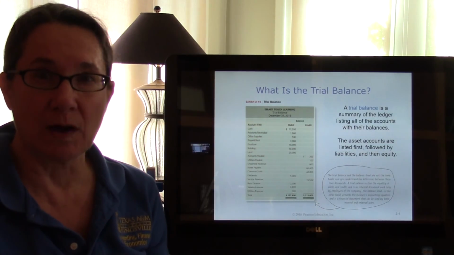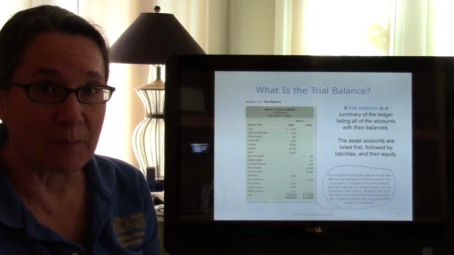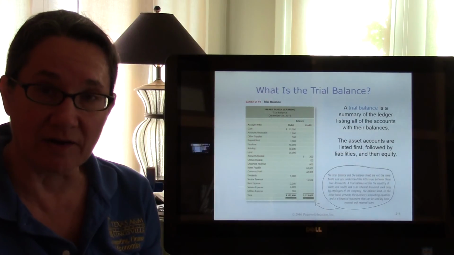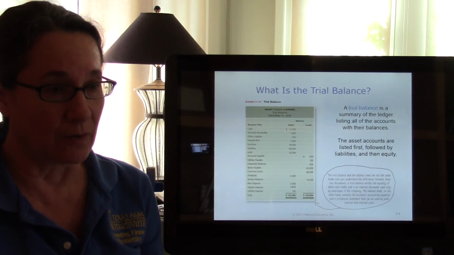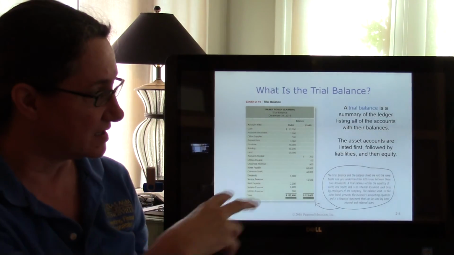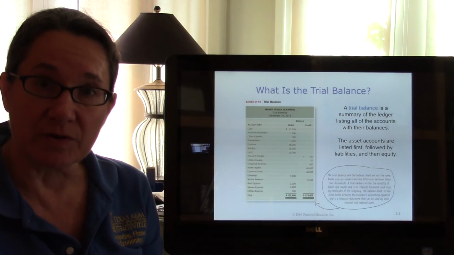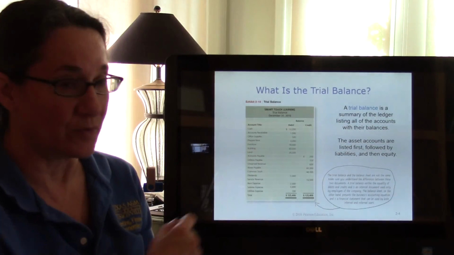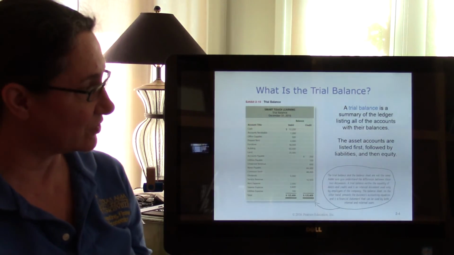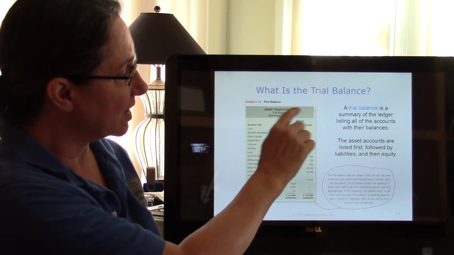But most people want a summary of all those accounts. So we use the trial balance for that. And plus we want to make sure we've been doing all our accounting entries right. So if we've been posting an equal amount of debits and credits, then our trial balance should balance out to be an equal number when we total them up. Debits should equal credits. So to prepare a trial balance in good form, you tell what company it's for at